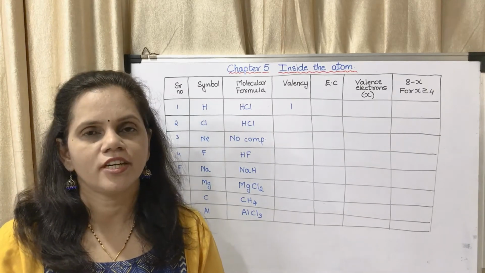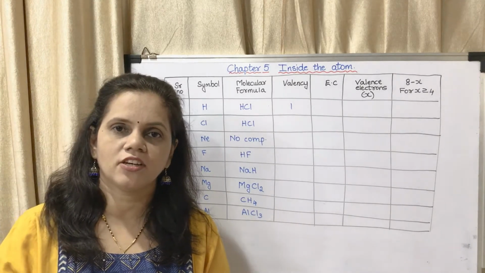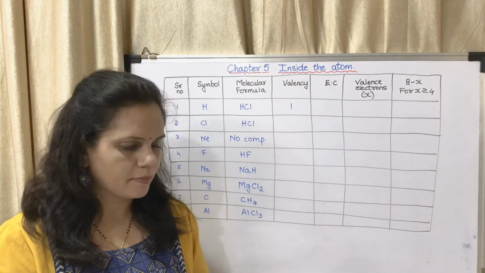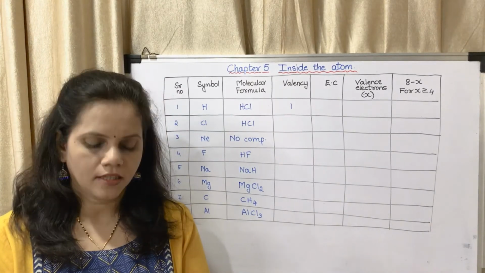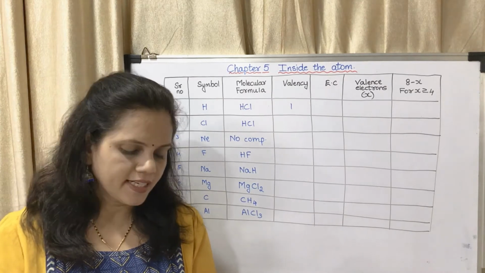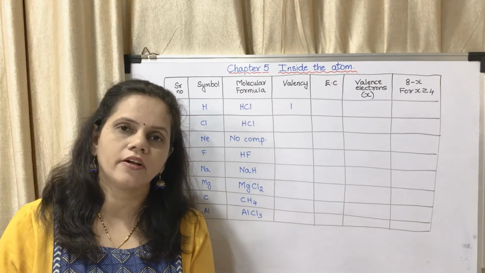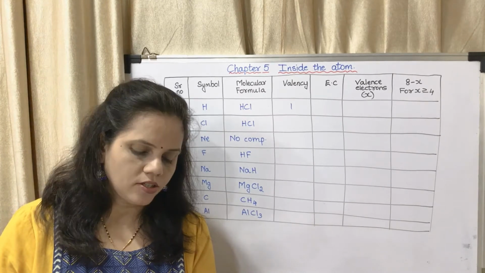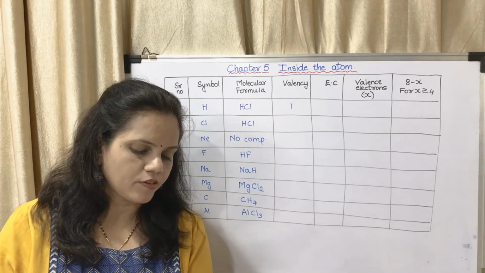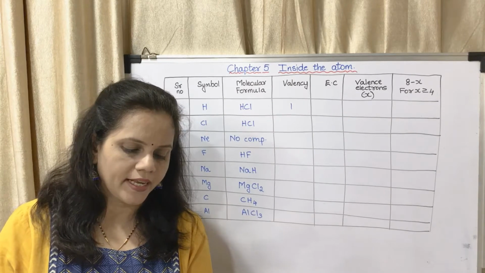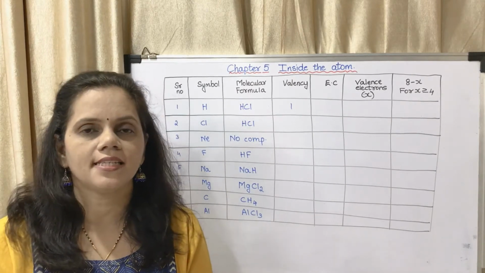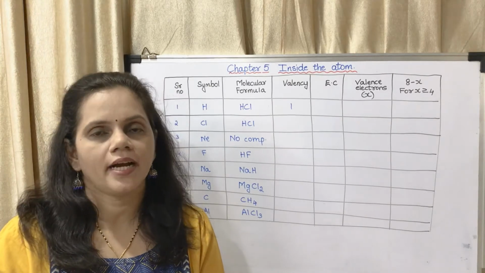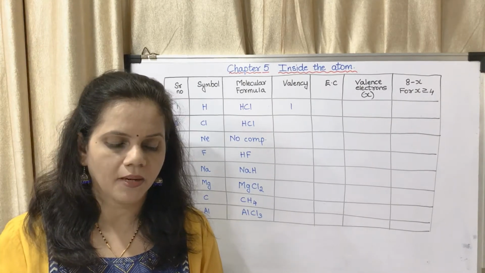So, did you study what is valency and valence electrons? In your textbook, you may see on page number 33 there is a heading, valency and electronic configuration. We have seen in the last chapter that valency means the number of chemical bonds formed by an atom. So what is valency? It is the number of chemical bonds formed by an atom. You may underline that. It is a fill in the blank.